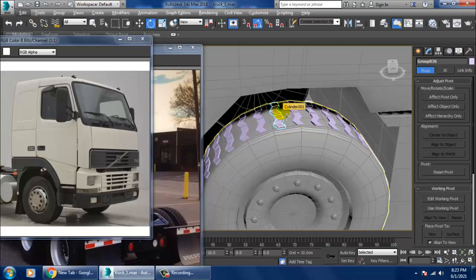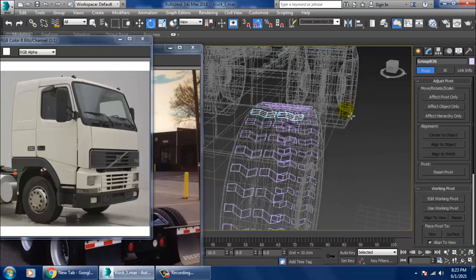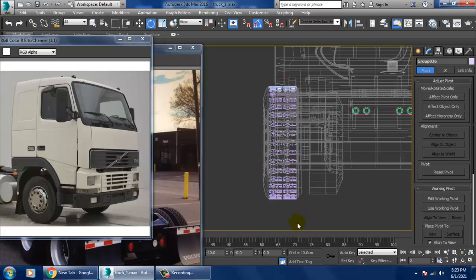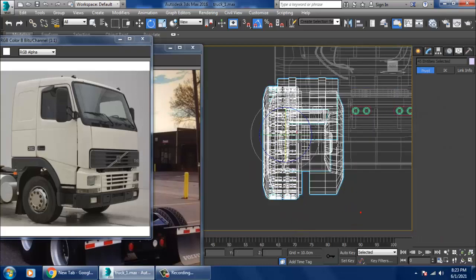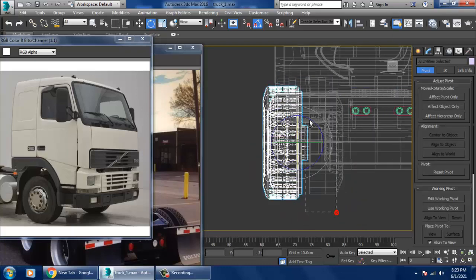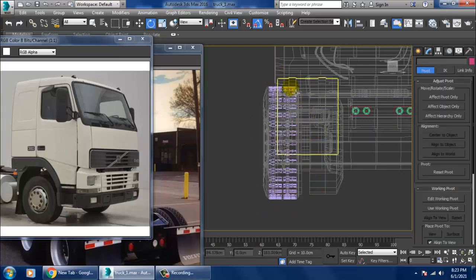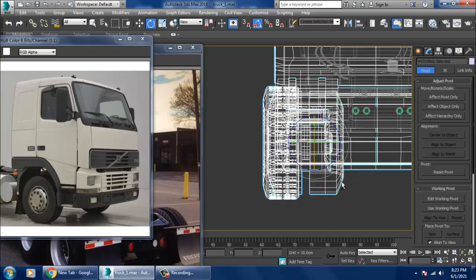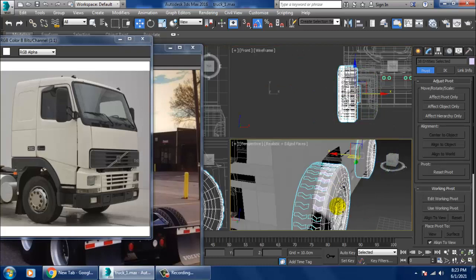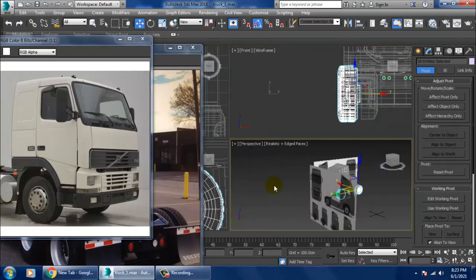If you want, I can just go into this front view over here. Oops, okay, that's a big problem because we have grouped it, so it's difficult.